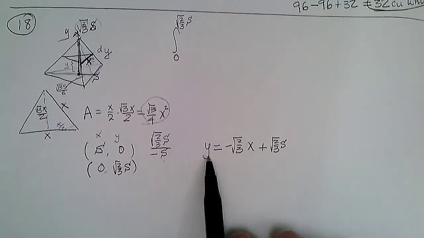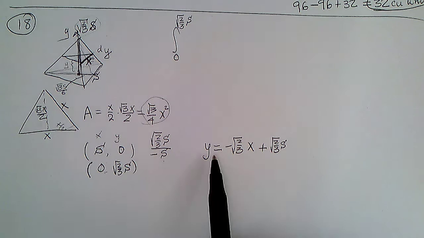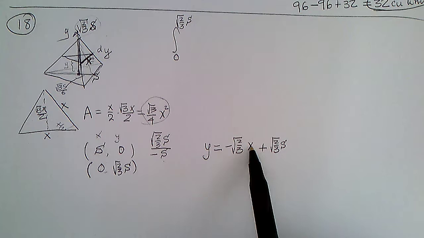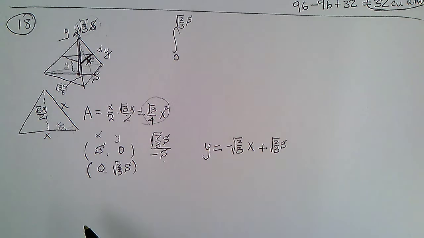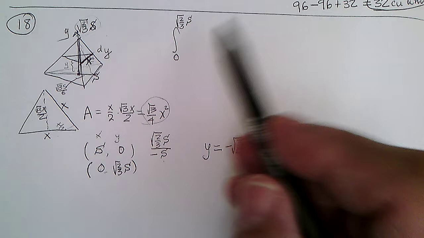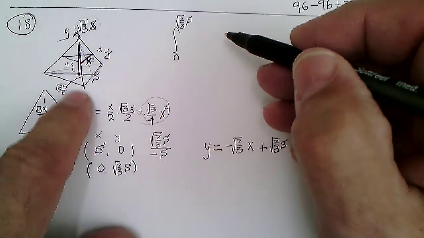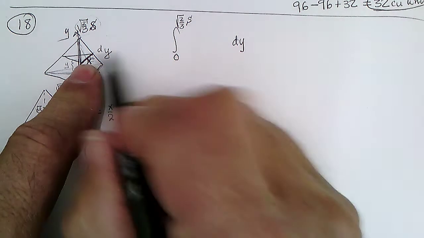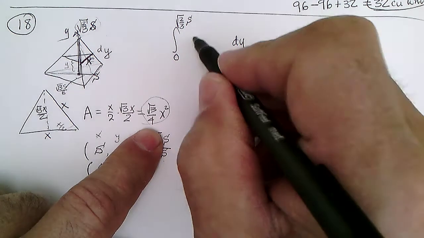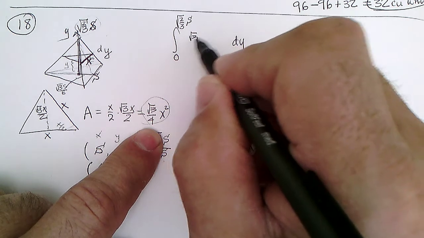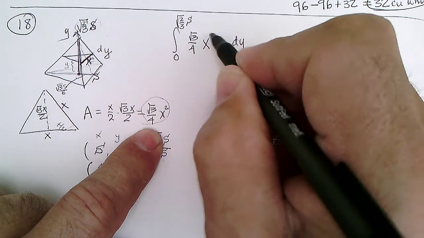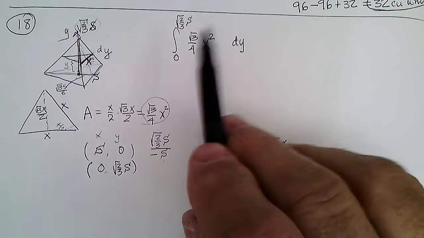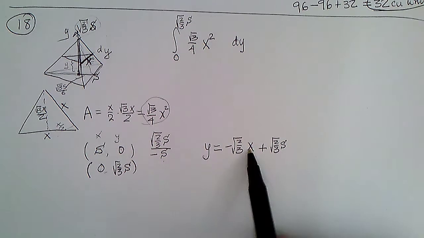So that's how y and x relate. If I move up some in y, this will tell me how long the side of this is. Now what I want to do is integrate in terms of dy the area of this triangle, which is going to be square root of 3/4 x². Well, since this is y, I need this to be y, so I have to solve for x